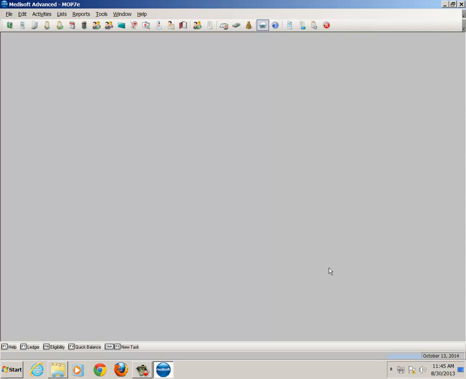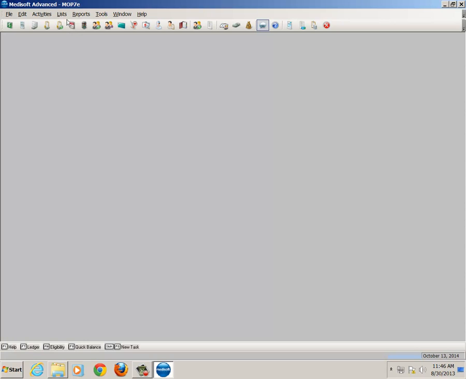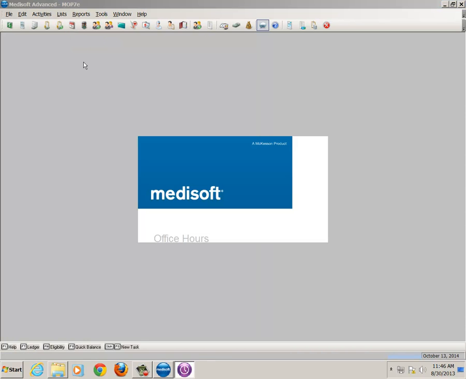Larson has for a university meeting, a dinner meeting, and a lecture. And it says in your instructions to use the break entry shortcut. So we can go to Activities on the menu bar and then go to Appointment Book, or we can simply click on the icon which looks like a little calendar, and it says Appointment Book. So a couple of different ways there. I'm going to click on my appointment book,